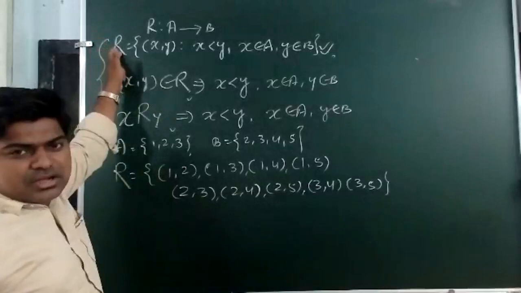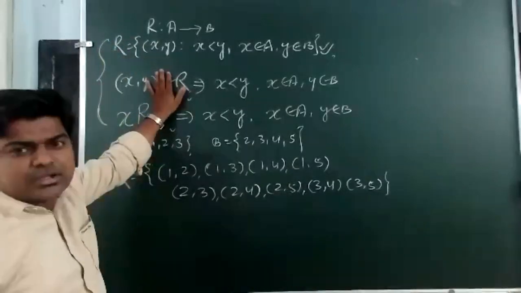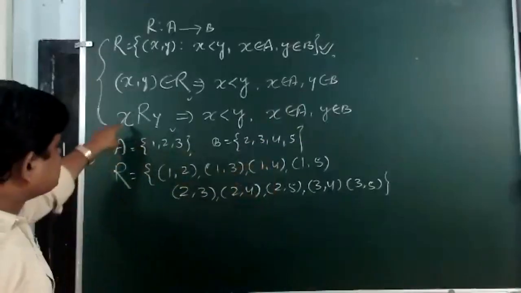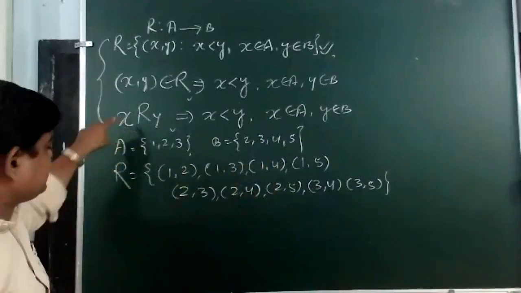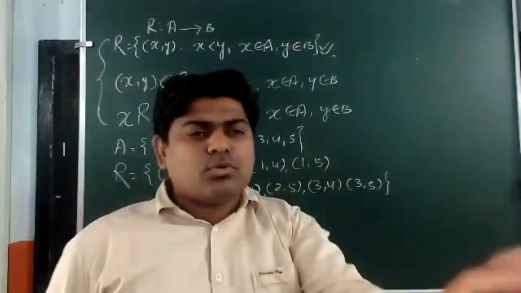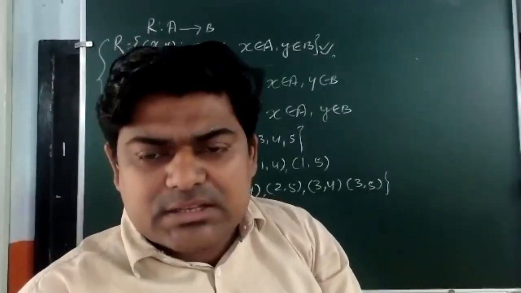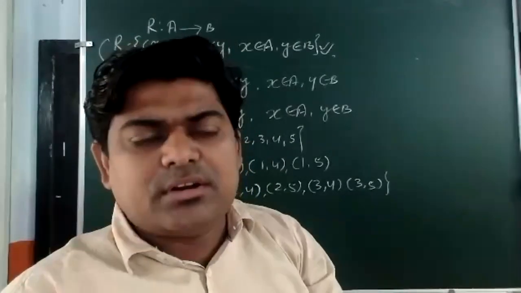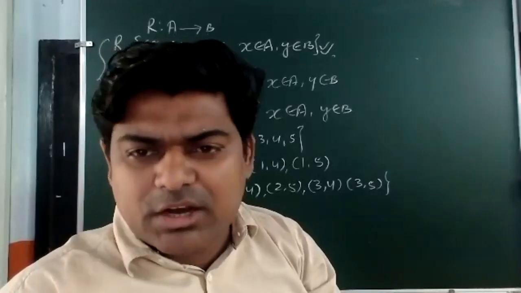These three are representing the same result, and all these three are called the set builder form. And the same relation has been written in roster form. And now, as I told you, one more method is there, and that is called the arrow diagram method. We can represent a relation by arrow diagram also.